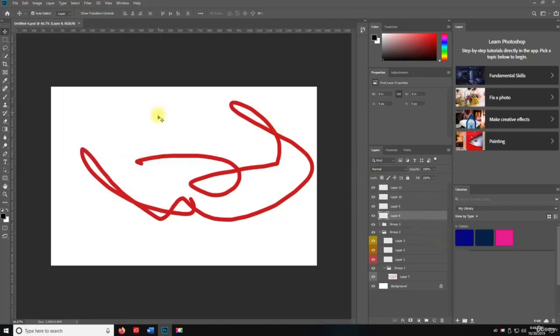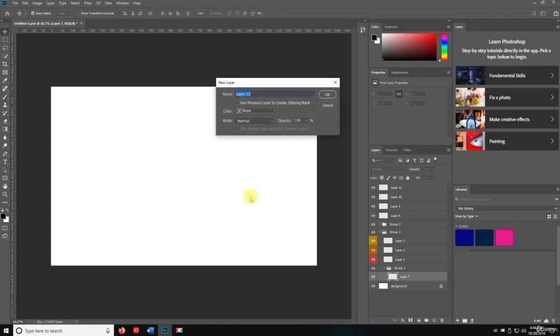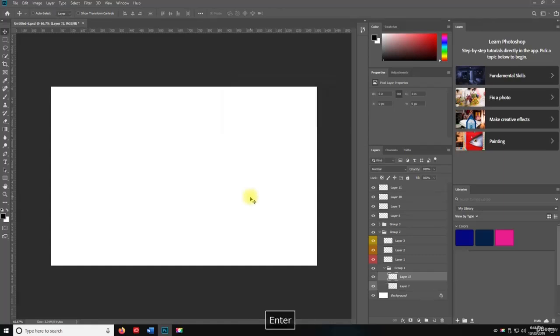So I left this Untitled 6 open because we already have layers here. So I'm going to hit Control A to select layer 8 only, Control D to deselect. So this is a tool, Control A and Control D, I use all the time. I absolutely love this tool because what it does, if I go to layer 7, right, and I Control A, Control C, Control X, and then do Control Shift N and make layer 12 and Control V, I can paste